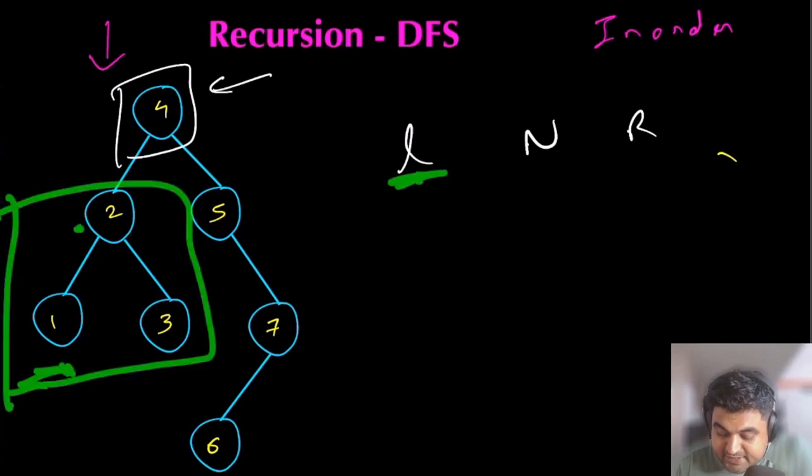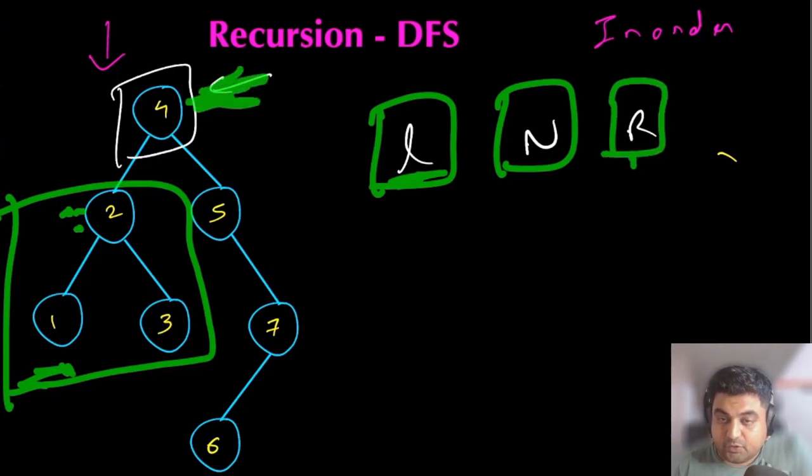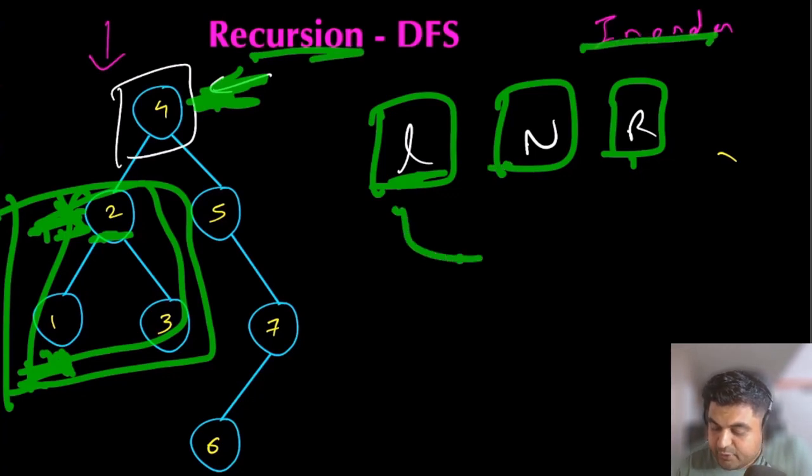Now even for this left subtree, again we will have to apply the same logic of left, node, and right. Whatever we were implementing for the root node, now we are going to treat node number 2 as our root node, stating that even for this entire subtree, if it were a tree on its own, we would again use in-order traversal with this logic of left, node, and right.